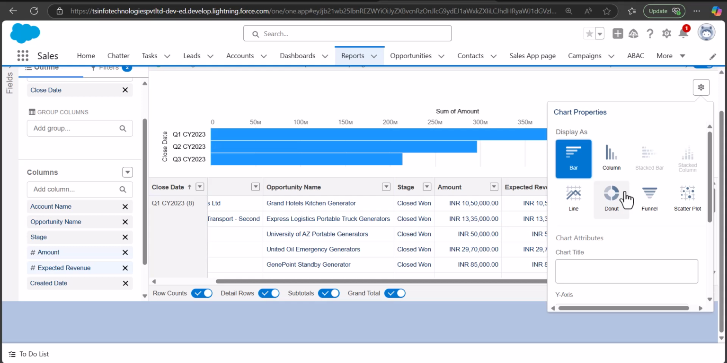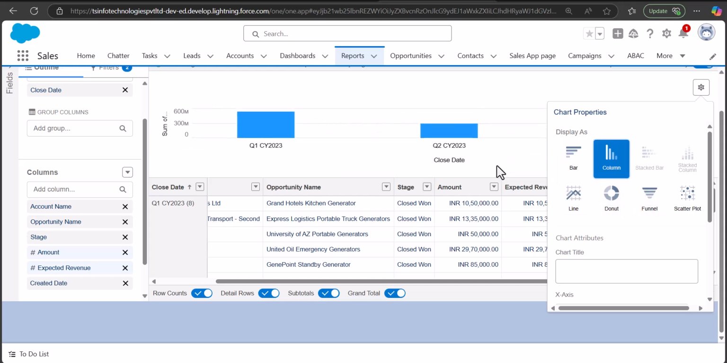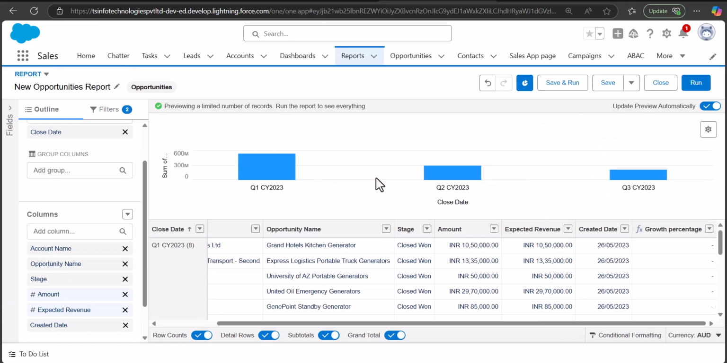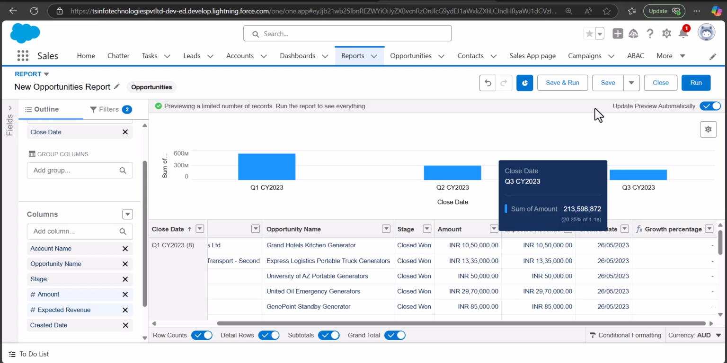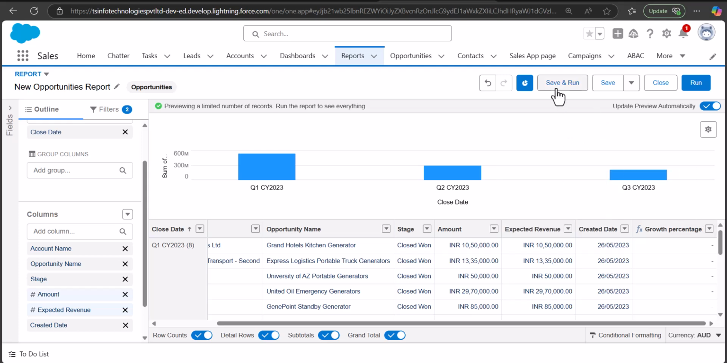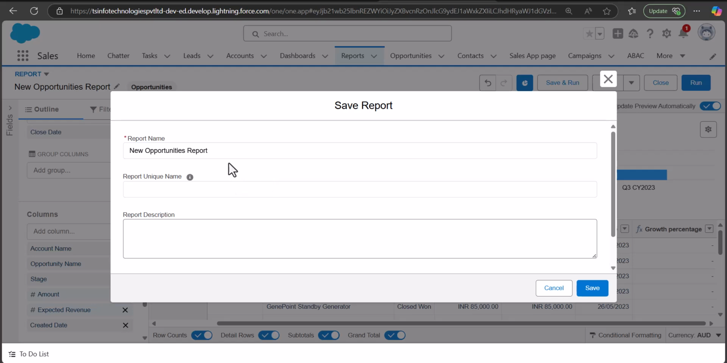So here the current format is bar, and I will select the column. Here you can see the report format is changed accordingly. So at last we have to save and run the report. For that I will click on the button save and run, and here we have to select the report name. So I will name it as opportunity growth,